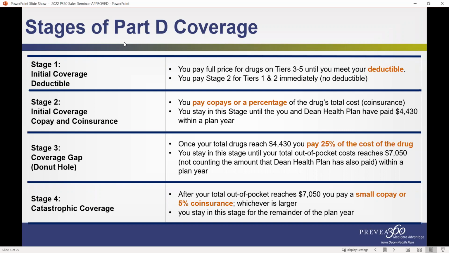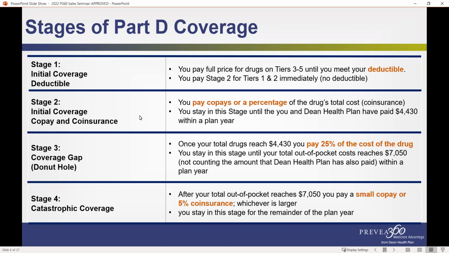So if you have a tier 1 or tier 2 drug on our plan, you move right to stage 2. If you have a 3, 4, or 5, you do have to meet your deductible before moving to stage 2. In stage 2, known as the initial coverage or copay and coinsurance stage, you pay a copay or percentage of the total drug's cost, and you stay in this stage until one